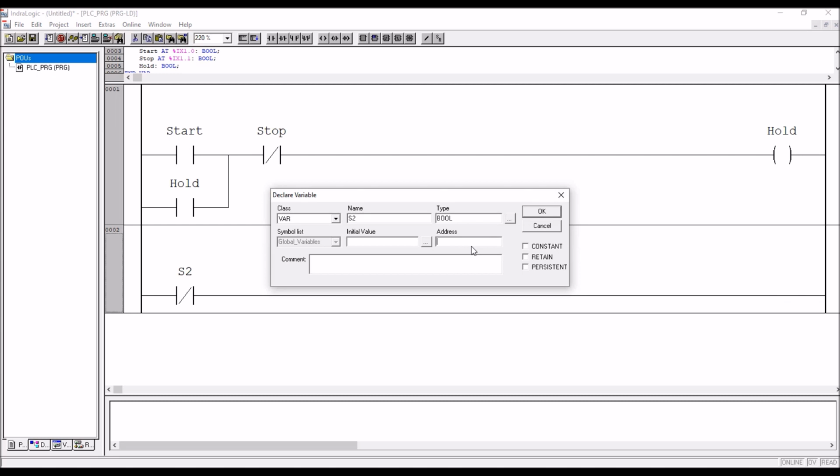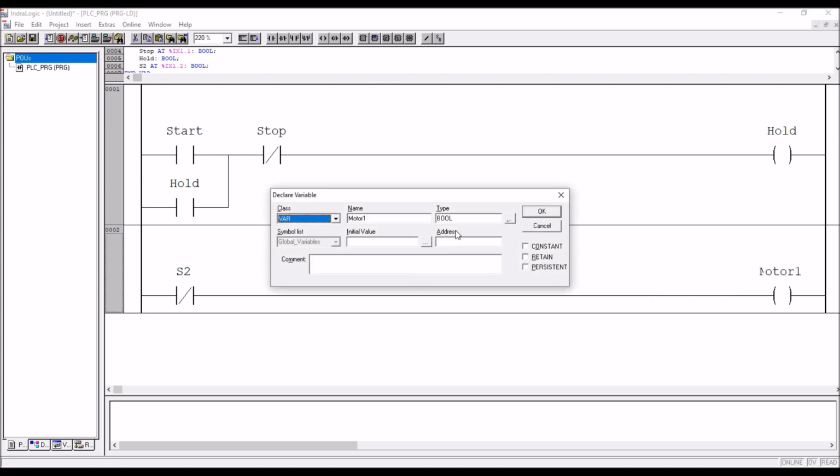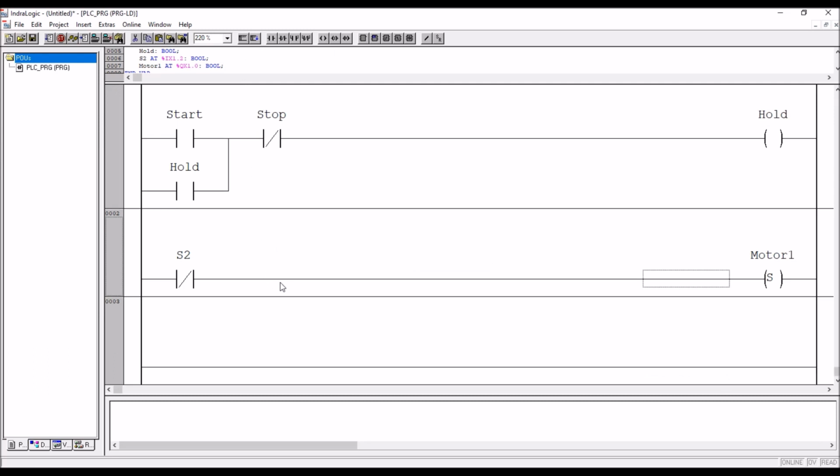Percentage IX 1.2, right? Next, this is motor 1 and address percentage QX 1.0, and I'll take set coil, not the simple coil. Now when it has to reset, motor 1,